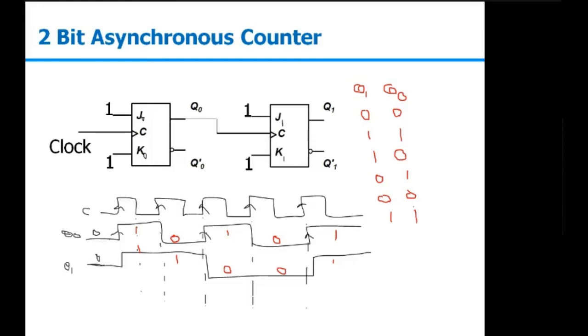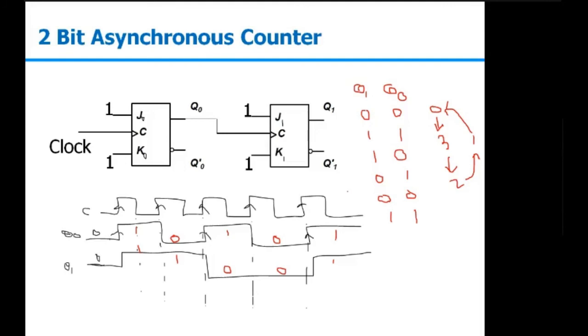So if you carefully see, initially it was 0, then it goes from 0 to 3, 3 to 2, 2 to 1, 1 back to 0, and then 0 to again 3, 2, 1. So it will be repeating. So this is the down counter: 3, 2, 1, 0, 3, 2, 1. It will be repeating in the sequence.